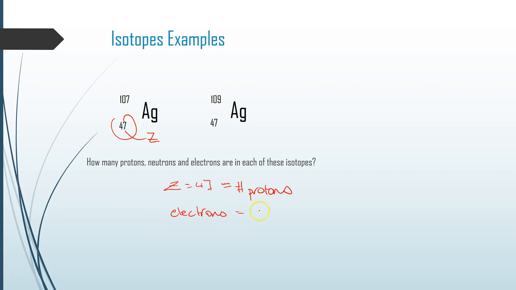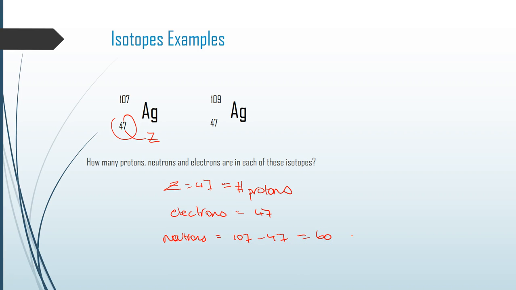So that's going to be 47 electrons. And then our number of neutrons is going to be equal to our mass number minus our proton number, which in this case is 47,